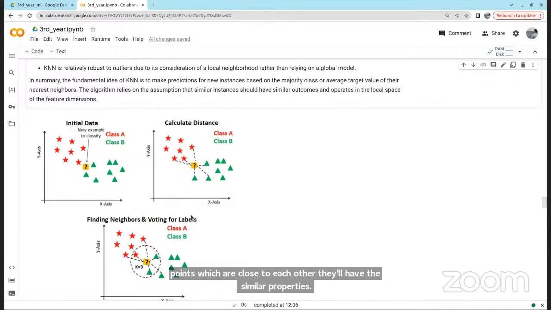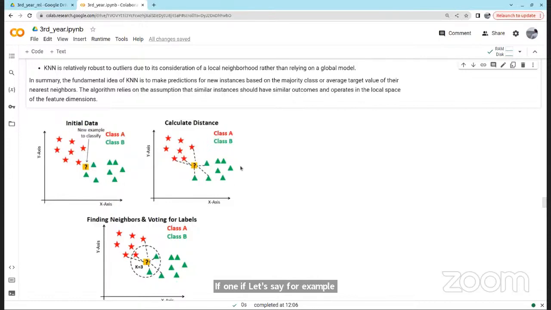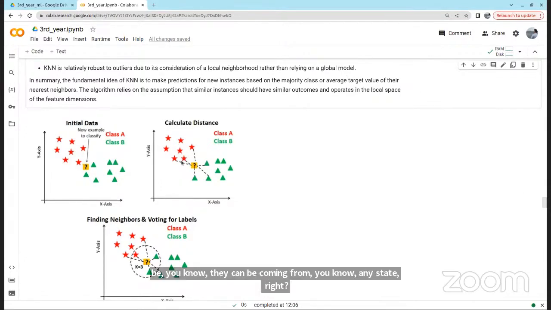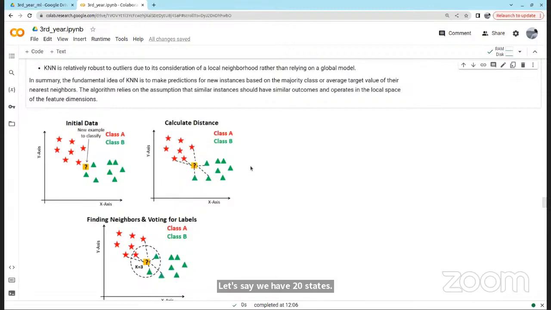Let's say you took a person, and they can be coming from any state. Let's say we have 20 states, and for each state we have different languages.